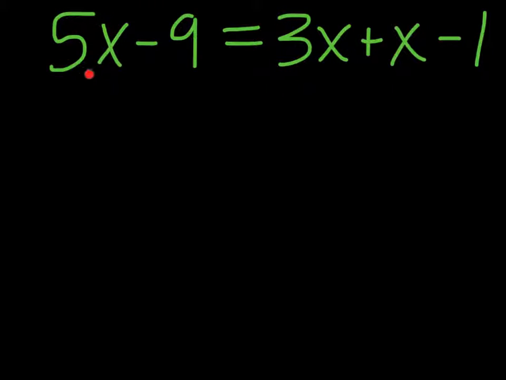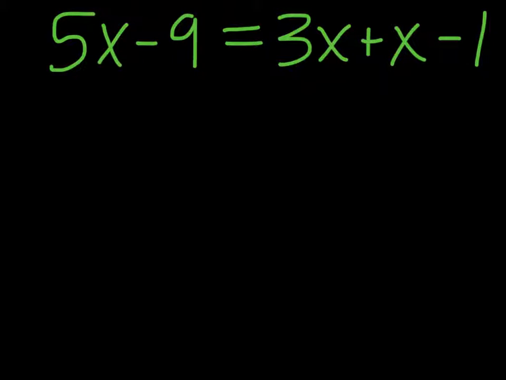I have a 5x minus 9. 5x and 9 are not like terms because 5x has an x and the 9 does not. So we cannot combine those like terms. So there's really nothing for us to do right now on the left side of the equation to make it simpler. On the right side, we can make this expression simpler because we do have a set